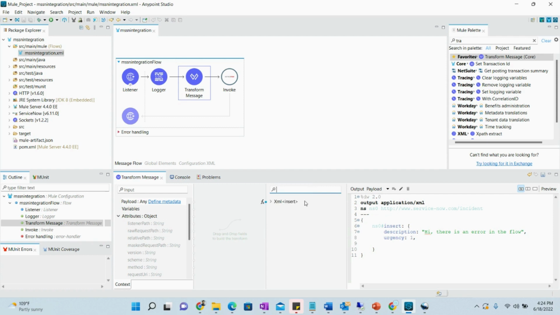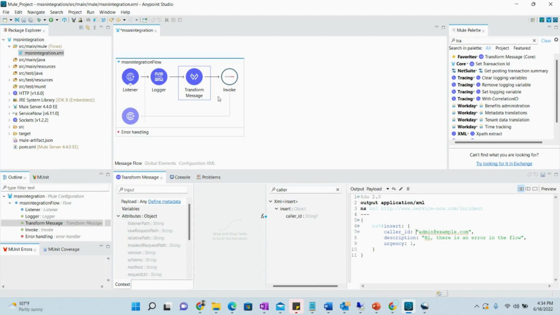Let me search. There should be caller ID. Okay, for caller ID we can write this email. That's fine. So now, since we want to implement this within the error handling, like if there is any error